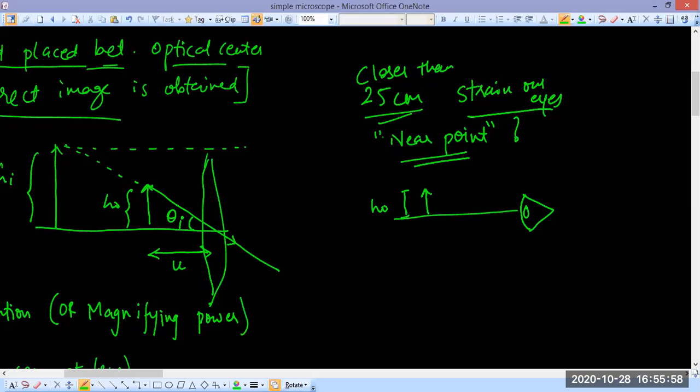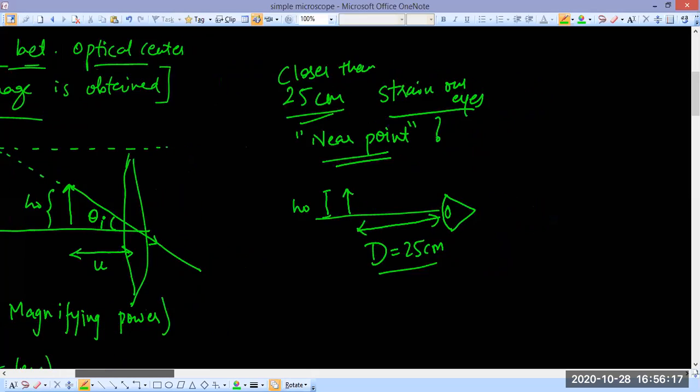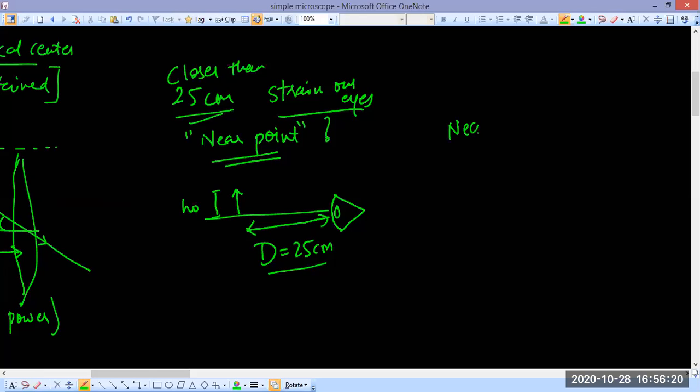So near point means the closest that you can see clearly and easily, right? એટલે કોઈ પણ ઓબ્જેક્ટને સ્ટડી કરવાનું હોય, then we cannot put it closer than 25 centimeter. That 25 centimeter is called D, right? The near point distance, I repeat, the near point distance, કે જેનાથી નજીક આપણને ક્લિયરલી ન દેખાય ને, that near point distance is called D, which is generally taken as 25 centimeter for normal humans. Okay,